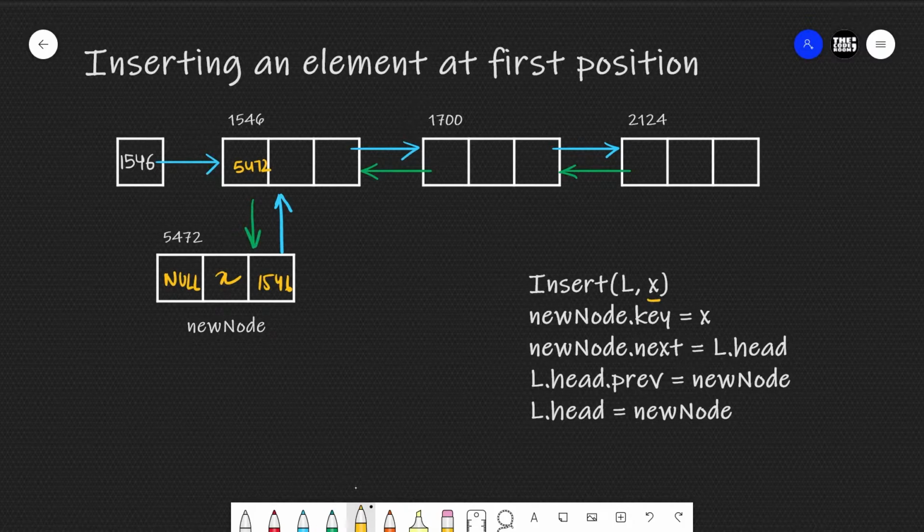Finally, in the last step, we override the address stored in the head pointer with the address of the new node. Now the head pointer points to the new node of the linked list and its link with the first node breaks. In this way, we have inserted this new node at the first position of this linked list, and the former first node becomes the second node of the linked list. This algorithm takes constant time.